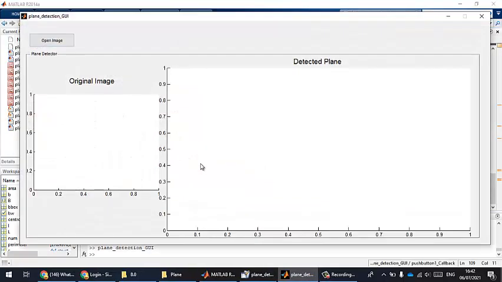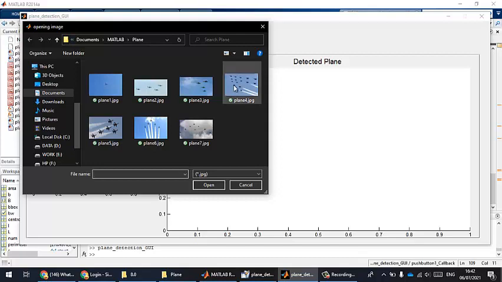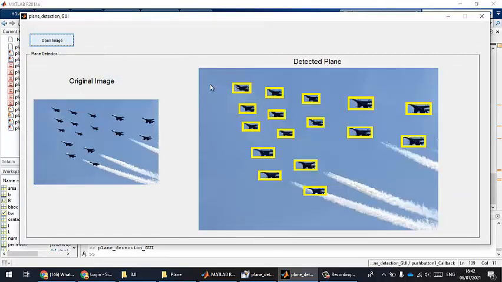Again, to run the program, select the image, try to open it, and the image is detected. The plane is